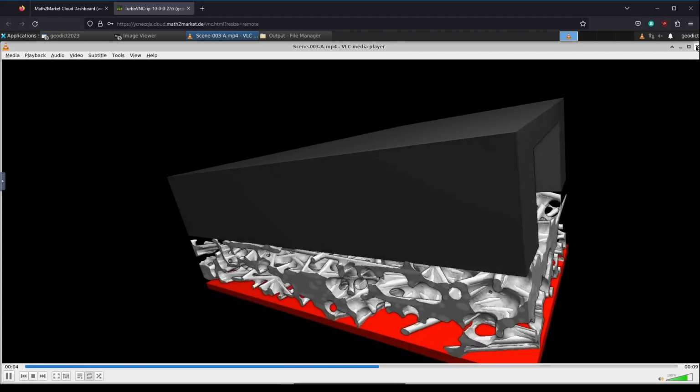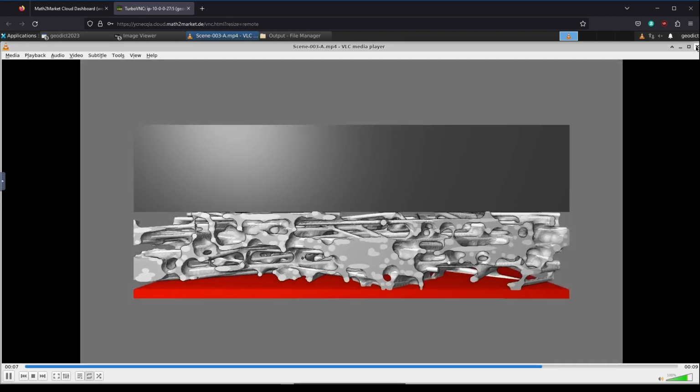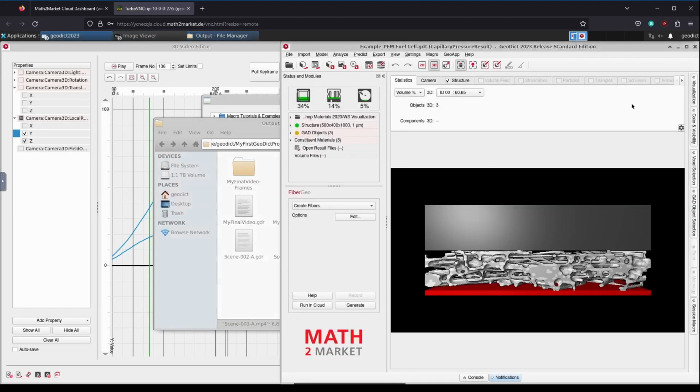And there you have it, the conclusion of our advanced video production workshop. We explored the technique of scene blocking and learned how it can be used to efficiently create scenes for videos in GeoDict, as well as how to enhance them to produce captivating videos of our structures and results that will effectively persuade others. We also gained hands-on experience with the Python video framework to assemble a polished final video from our scenes. I trust that the knowledge and tools provided during this workshop will help you showcase your products in an exceptional way in the future.